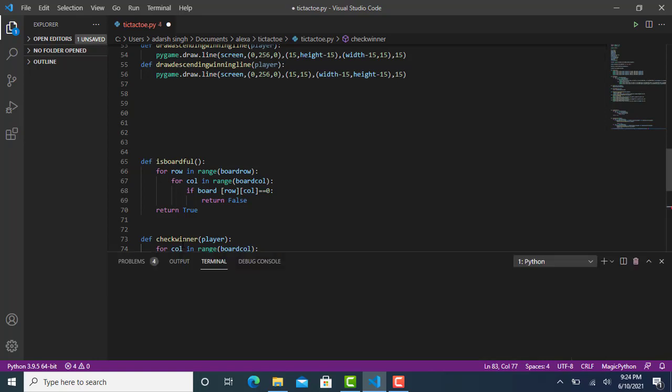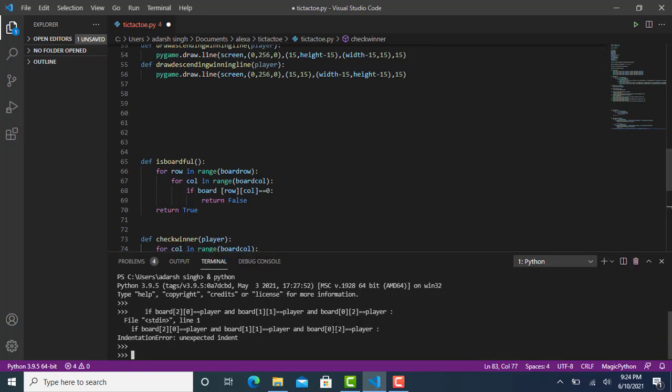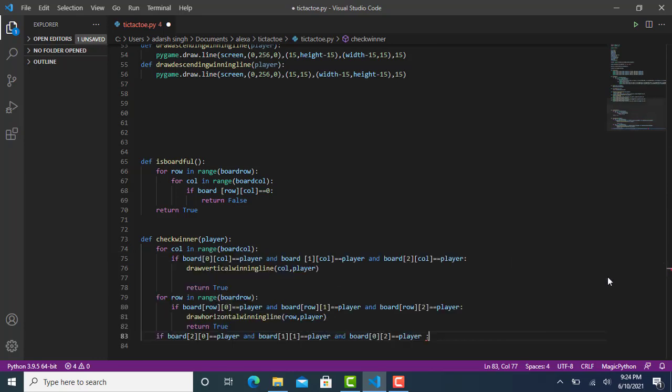It's showing an error. Wait a second, it should be there and simply click enter